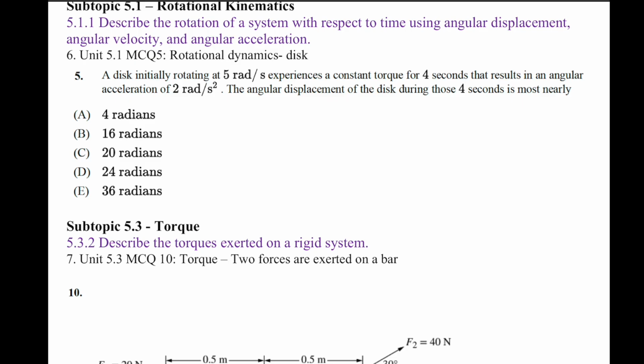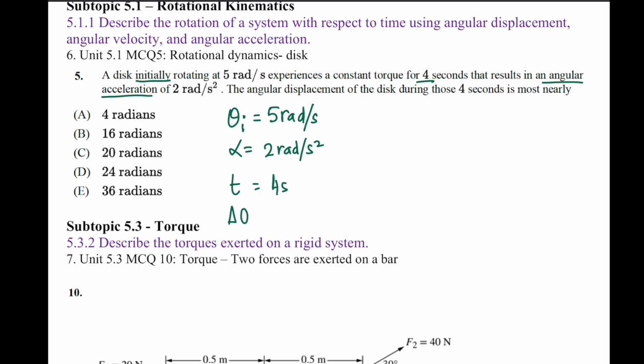So for this, first we need to write the data which is given to us, and then choose one of the kinematic equations to solve it. So first let's look at this, initially rotating. That means this should be omega I, which is 5 rad/s. Then angular acceleration is given to us, so that's alpha, 2 rad/s². And the time is given to us, which is 4 seconds, and we want to find out the angular displacement,